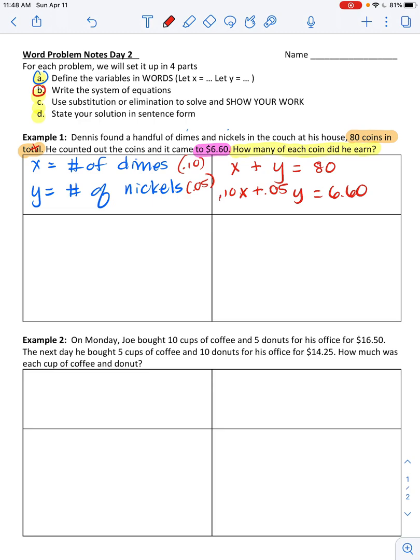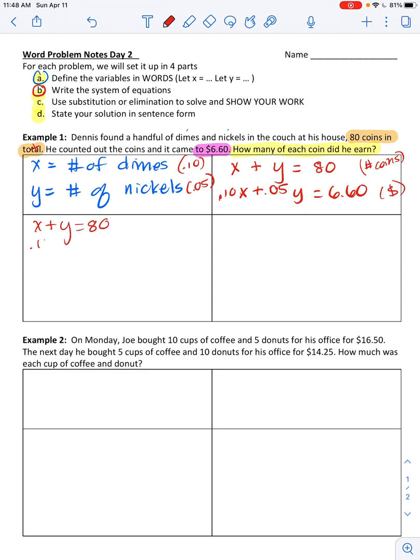It's the value of the coin, so 10 cents times how many there are, which is x, plus the value of the nickels, which is 5 cents, times how many there are, which is y, and then that adds up to the total money. So the top is simply straight up the number of coins that he found. The bottom is actually the dollar value. Okay, well, this looks like it actually might be easier to solve using substitution. And it also looks a little tricky. So whatever strikes your fancy,